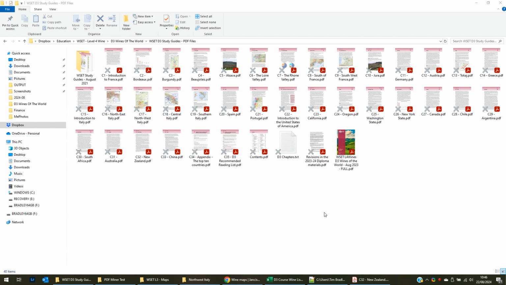So the first thing that I would recommend doing, particularly for D3, but this is applicable to the other modules, is to split the PDF guides into their separate chapters. The reason I find this helpful is that the full D3 file is like 130 megabytes or something. If you want to open that on your phone or on a tablet when you're out and about and you just want to do some quick revision, it's very slow to load. It's very difficult to navigate. It's very clunky. If you start adding notes or highlighting text, the file grows even bigger and slows down even